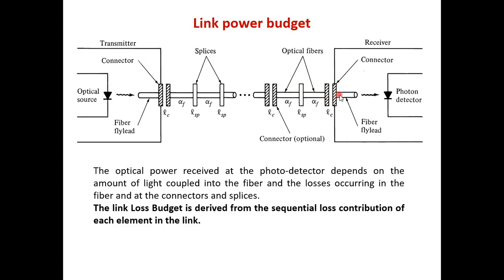Then from the optical fiber, when I connect the photodetector, this point is actually called the fiber flylead. Fiber flylead will be there at both the ends. At one end I connect the source, at one end I connect the detector. So I will have a connector present over here also. In some situations they might say there is a jumper cable present, so accordingly you draw the jumper cable. Then again there will be loss here, loss here, and the loss in the jumper cable. All those components you need to subtract.